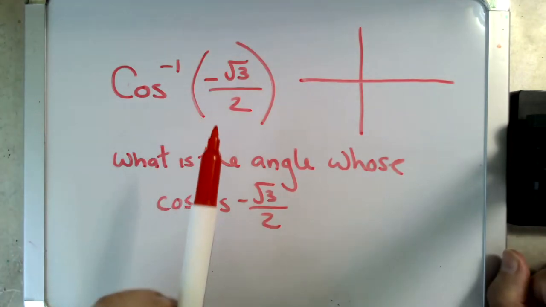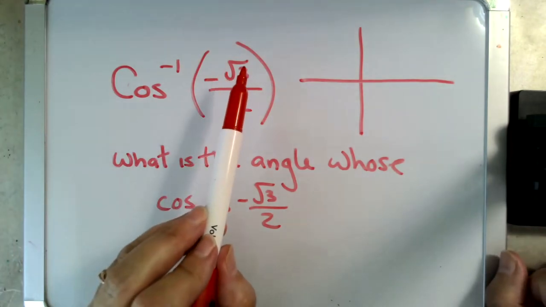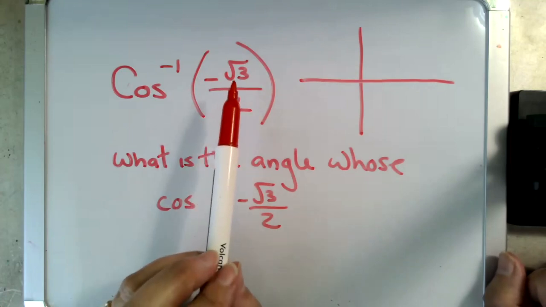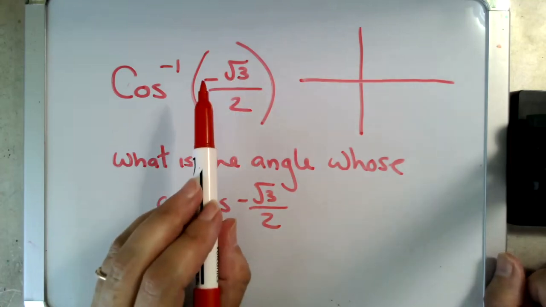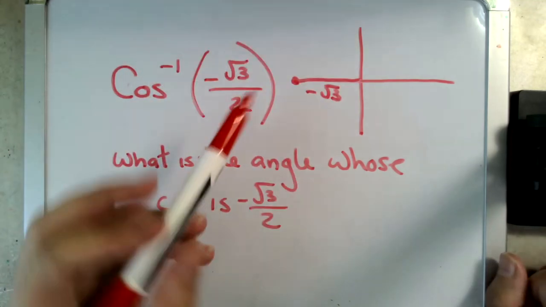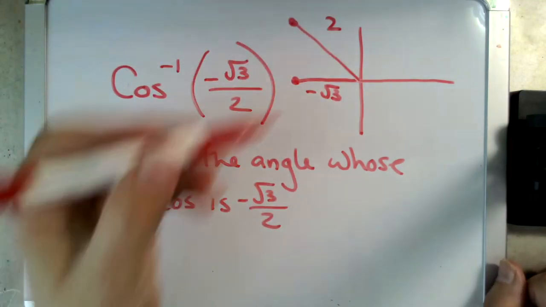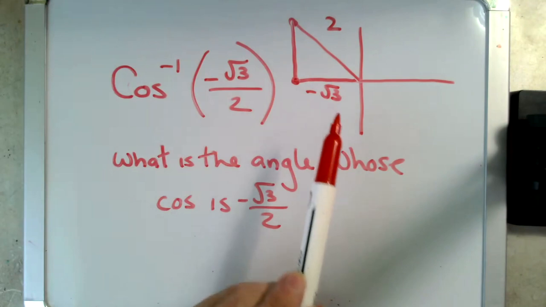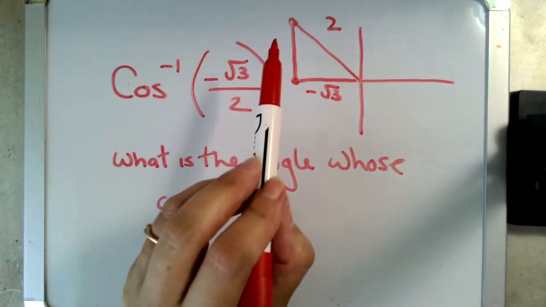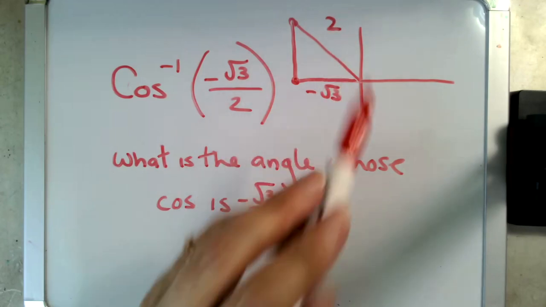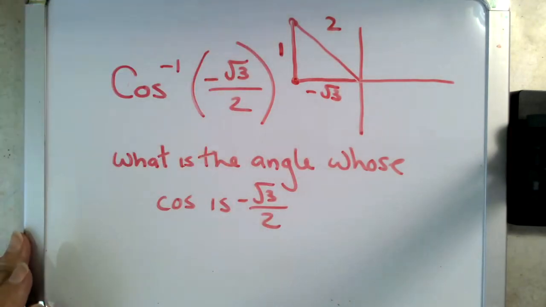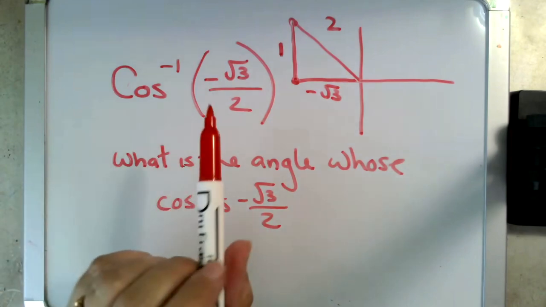Now I know that cosine is adjacent over hypotenuse. So adjacent, that means my x, -√3. And then hypotenuse, that's 2. And then I might recognize at this point that this is a √3, 2 triangle. That's a 1 right there. All right, now